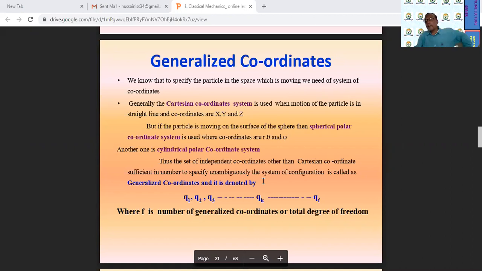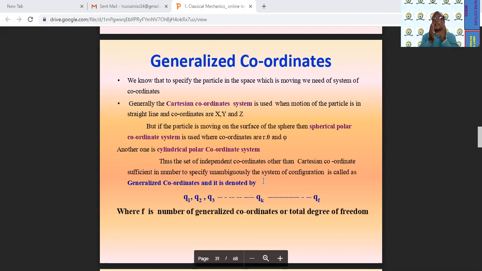Now, before going to the definition of generalized coordinates, let me define coordinates. All of you are very much familiar with the graph, or in Urdu you call it Tarsim. There is the x-axis and y-axis, am I correct? Along the x-axis, the right side is positive and the left side is negative. On the upper side the y-axis is positive and below it is negative. What is this indicating? This indicates the position of the particle at a certain time, and that is called the Cartesian coordinate system.